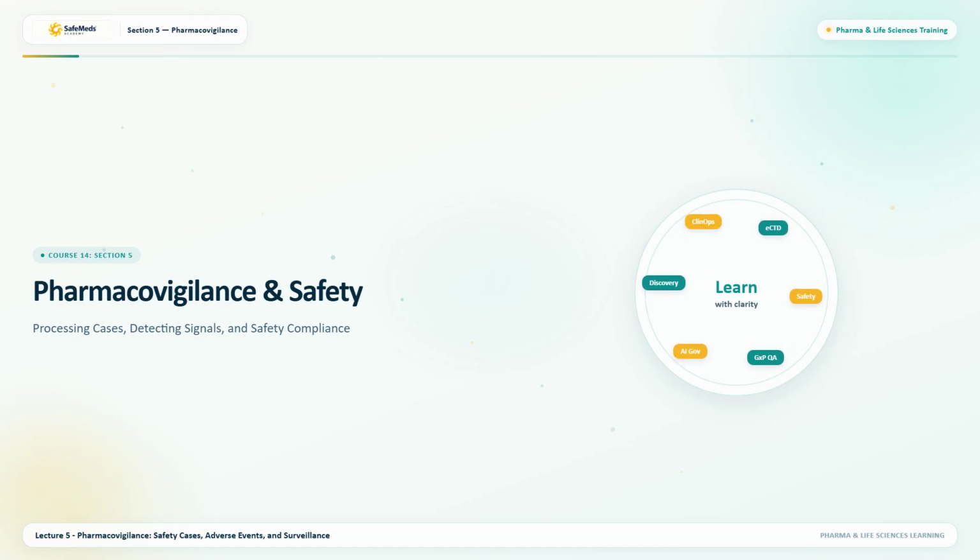Pharmacovigilance operates in both the pre-marketing phase during clinical trials and the post-marketing phase after commercialization. PV teams process safety cases, monitor safety databases, write narratives, detect safety signals, and coordinate risk management plans. Throughout this lecture, we will explore case processing, individual case safety reports, medical coding, aggregate safety reporting, and global safety